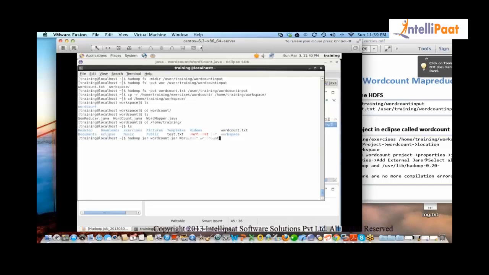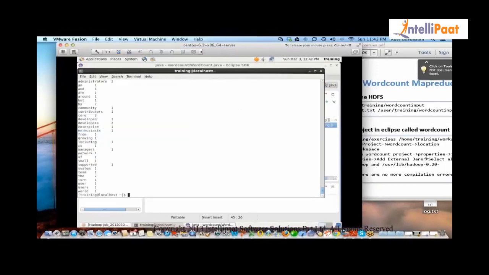Okay. Then I say wordcount input and wordcount output. Got it? Two directories. Now in word count, what I am trying to really do is, in the file which we just inserted, wordcount.txt inside Hadoop, we want to see how many words are there for each and every word. Basically, what is the count of each word? You remember the example we saw in the PPT? So you get the count of every word here.